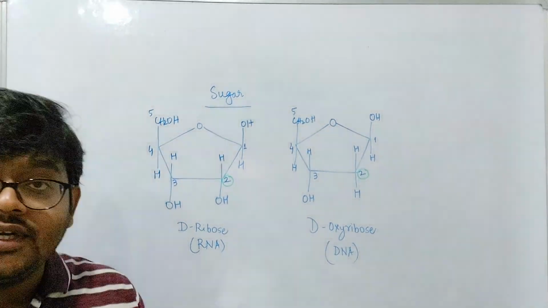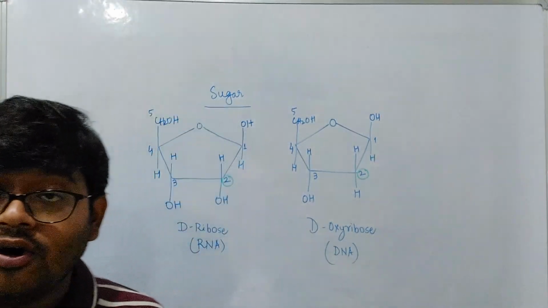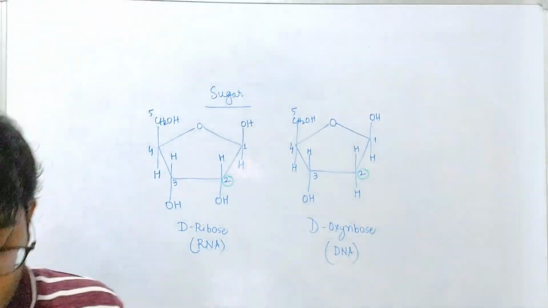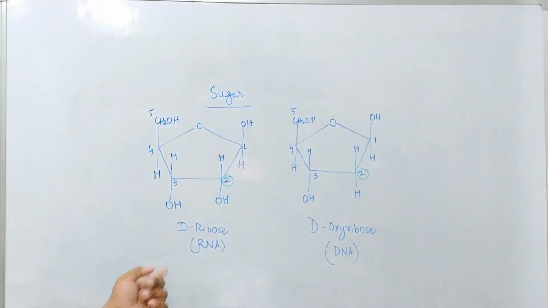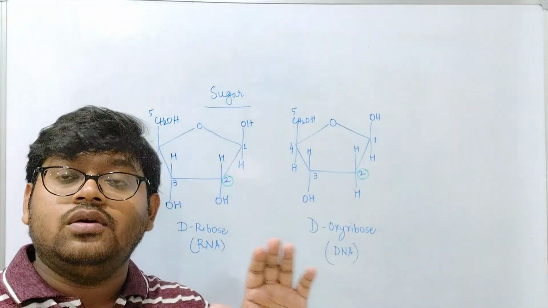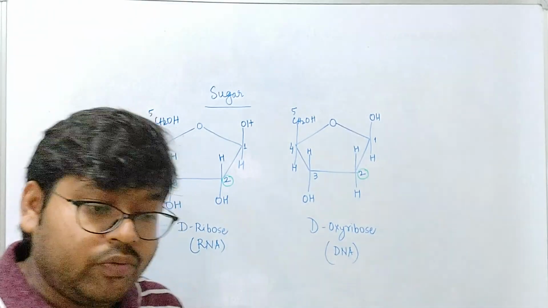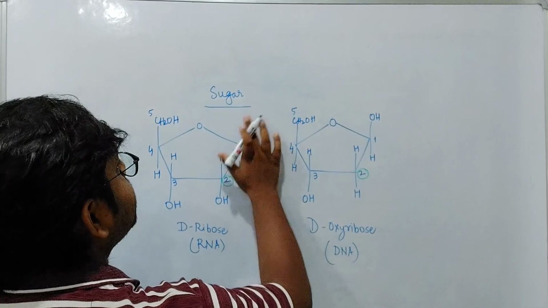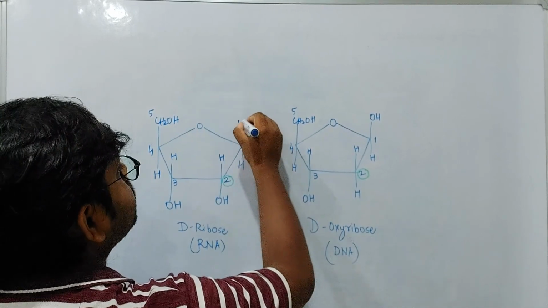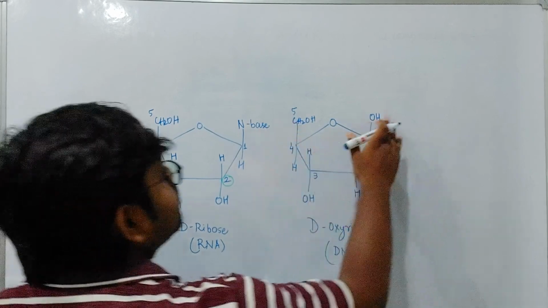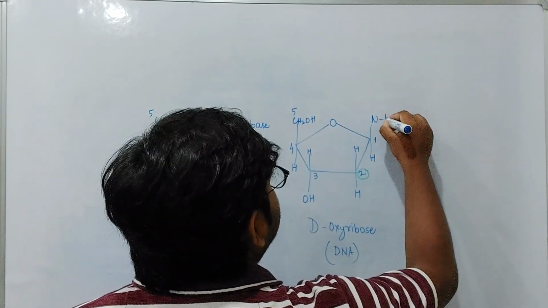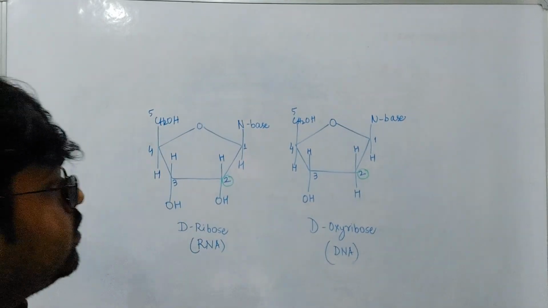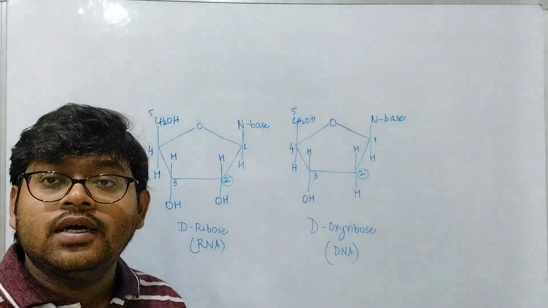Now we have discussed every single component, like the N base and the sugar. Now we'll combine this N base and sugar and we'll try to see how it looks like. So where will this N base combine? The nitrogen base will combine here in place of OH. So this linkage between the sugar and the N base is called